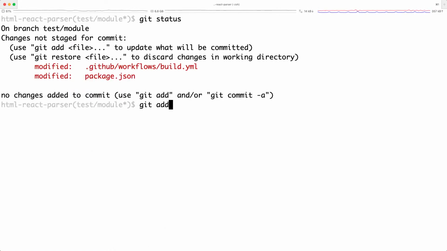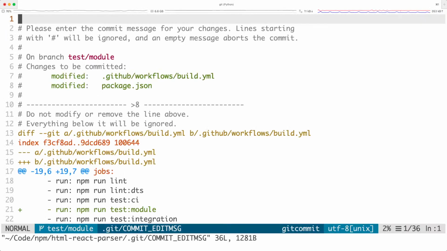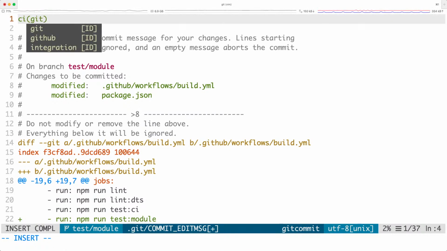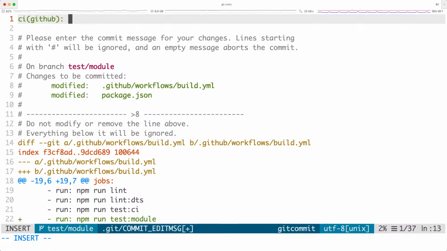I can add the npm script as well as the build.yaml changes. So I do a git add all. And this time, since we already know that the test is passing, I'm going to do a git commit -v, a no verify, just to skip the git hook so you don't have to watch it run again and wait. So boom, here's my commit editor, and here the type is CI, scope is GitHub, and we can say